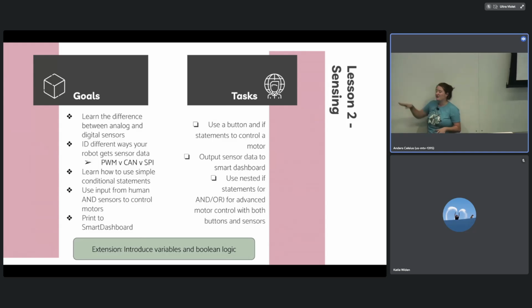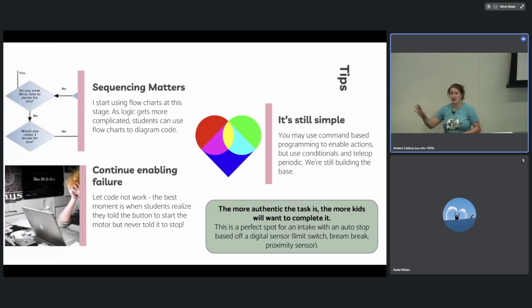I have a really fond memory of these freshman and sophomore girls. They're on electronics, but they were bored one day and they said, Katie, teach us the code. I said, sure, whatever. They were sitting there looking at the whiteboard, the computer, their chart, trying so hard to figure out how to make our beam break indexing intake from last year work. These are really authentic challenges that they will want to solve, which is really nice because then you don't have to do as much work.